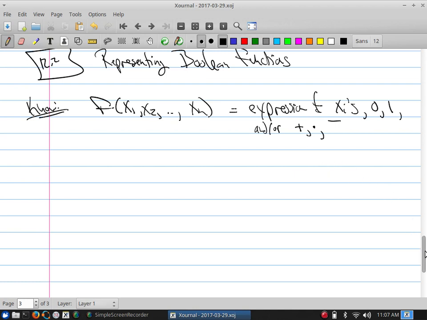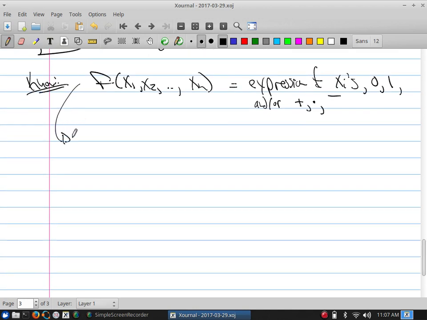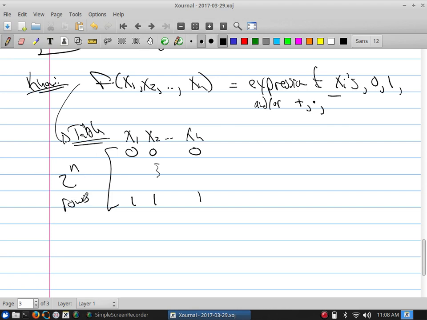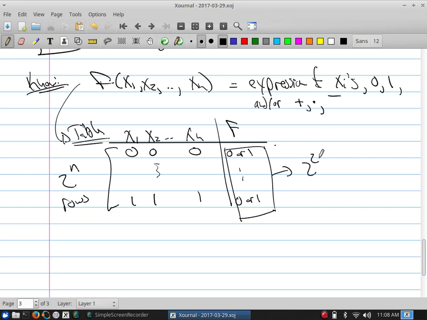On the other hand, if I would make a table where this is x1, x2, up to xn, if we started off with all zeros and then we ended up all with ones, we would have 2 to the n rows here. And then if I would write my function f, this would either have a 0 or a 1 all the way down. In other words, this would be a column of zeros and ones. But because of this physical representation, that tells us that this particular column has 2 to the 2 to the n